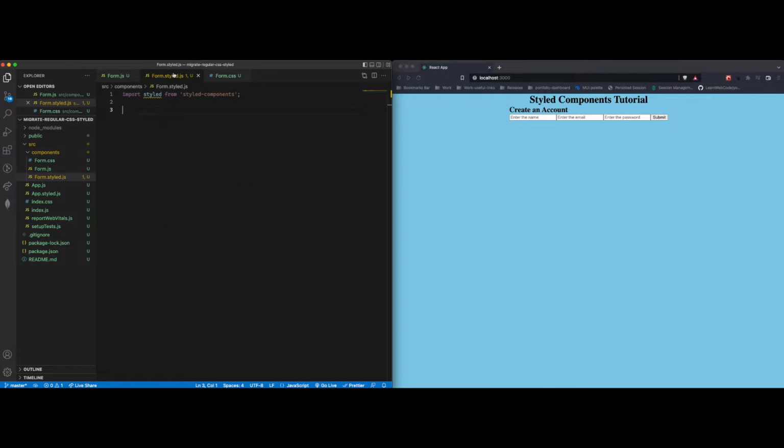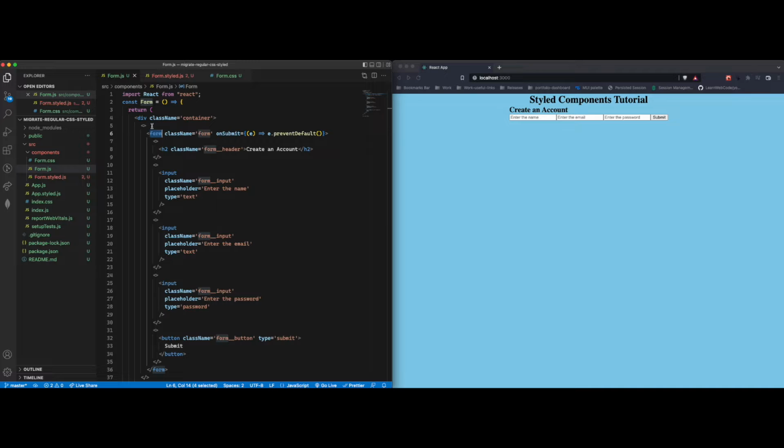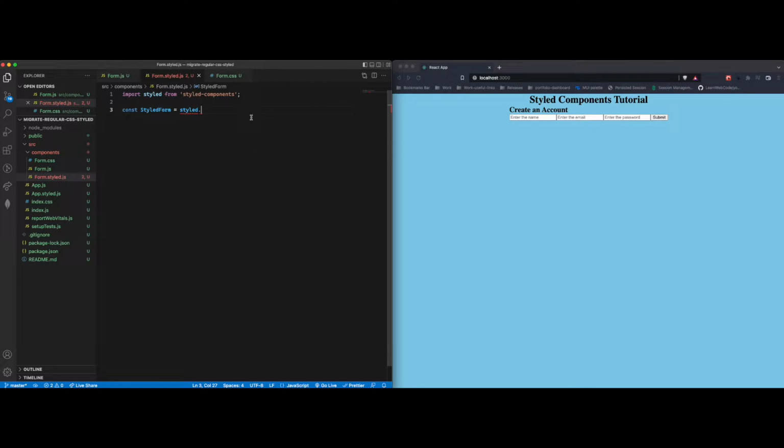So now what I can do is const StyleForm equals, and we're going to use that style that we imported, dot, and if we go back here and check, this is the form element, so I can just do style.form